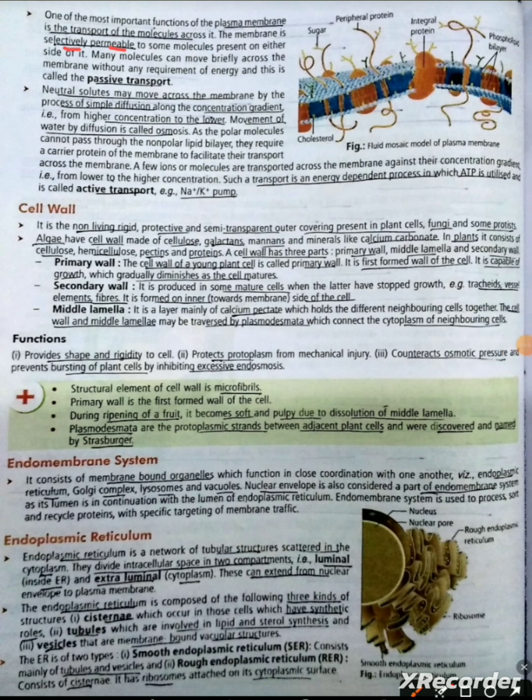Many molecules can move freely across the membrane without any requirement of energy, and this is called passive transport. Neutral solutes may move across the membrane by the process of simple diffusion along the concentration gradient, that is, from higher concentration to the lower. Movement of water by diffusion is called osmosis. As polar molecules cannot pass through the non-polar lipid bilayer, they require a carrier protein of the membrane to facilitate their transport